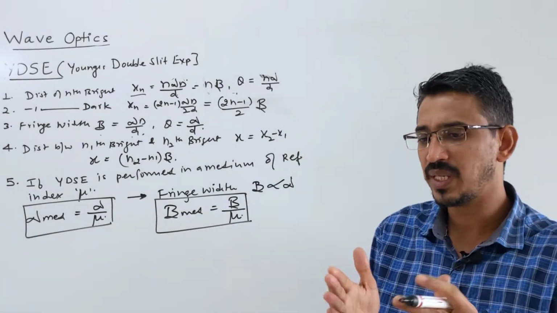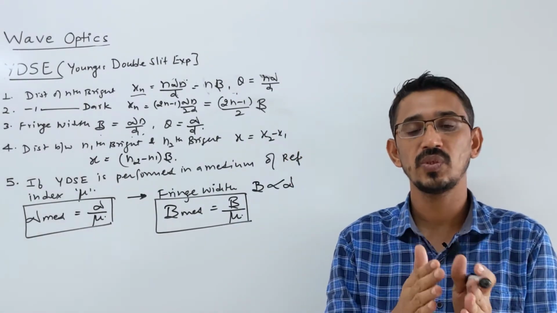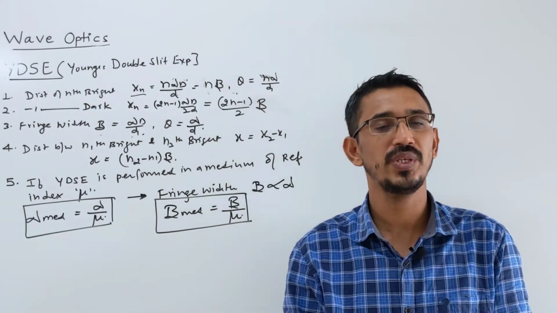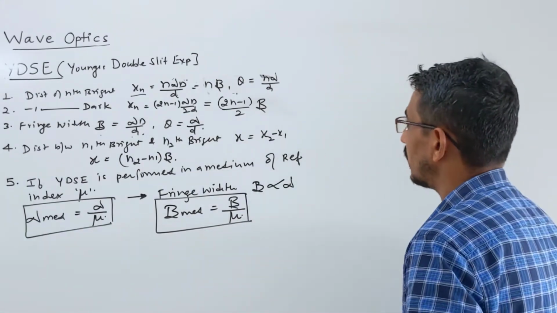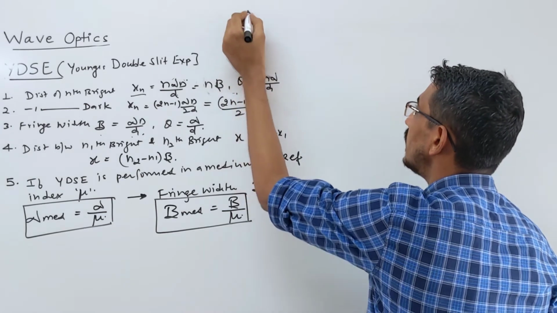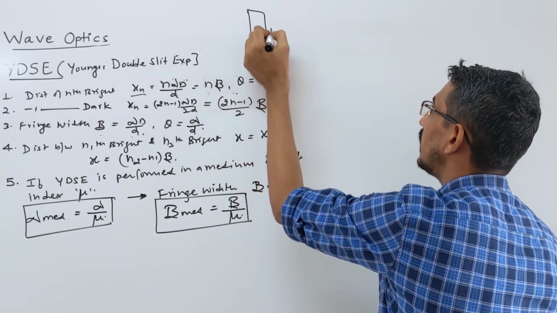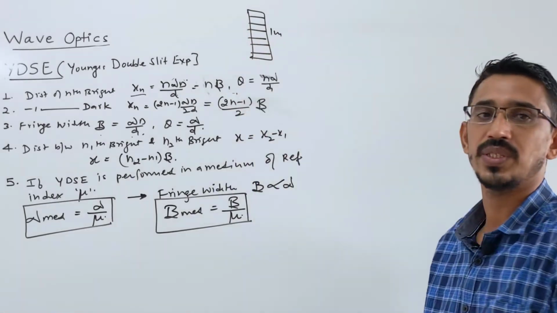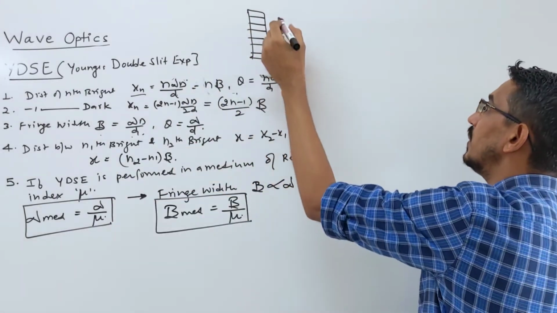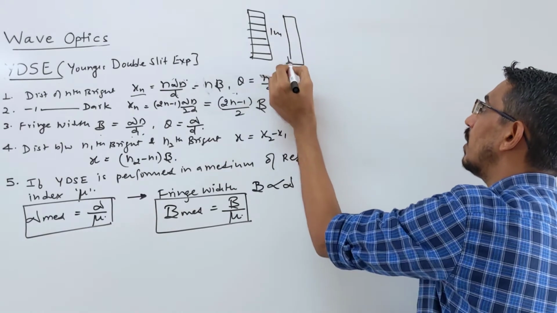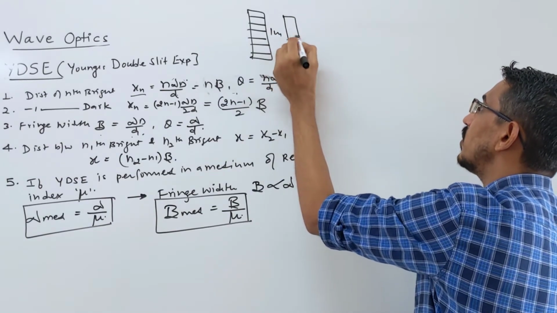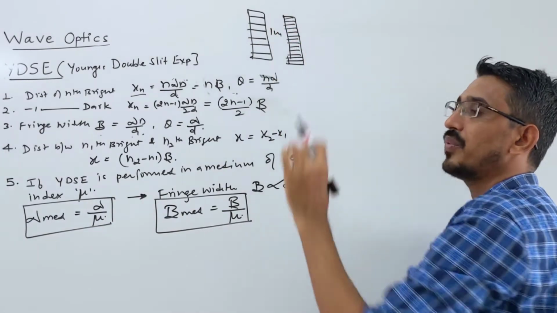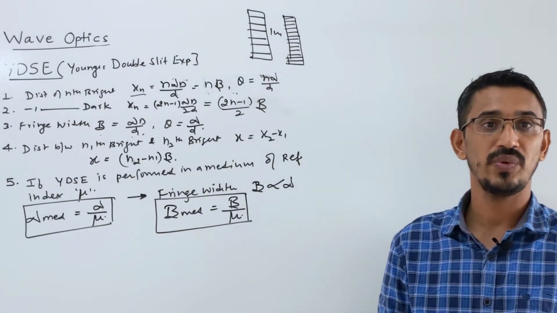Fringes become thinner, their thickness is reduced. So in the same distance we occupy more number of fringes obviously, right? If you do not understand, look here, suppose initially this is 1 meter distance and here some fringes are accumulated. Suppose you say 5 fringes. Now you go into the medium, then in the same 1 meter you can accumulate more number of fringes, because fringe width is reduced. Width of one fringe is reduced, so you can accumulate more number of fringes, right?